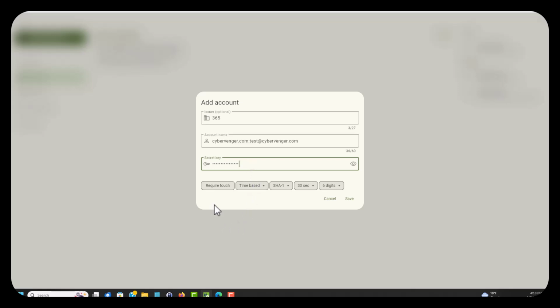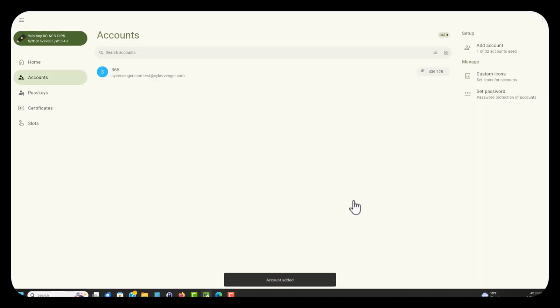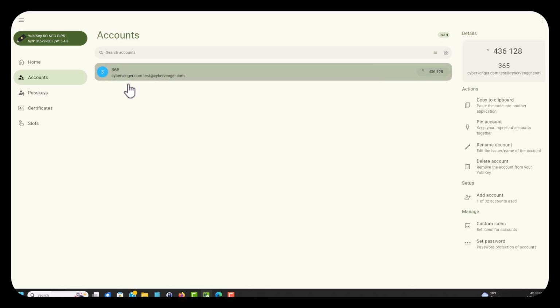And then yeah, time-based. There are options. Time-based. Yeah, okay. All right, so we have our account here. And there's our number from the application. Let's go ahead and copy this puppy. Actually, yeah, copy to clipboard. And then we go back to our